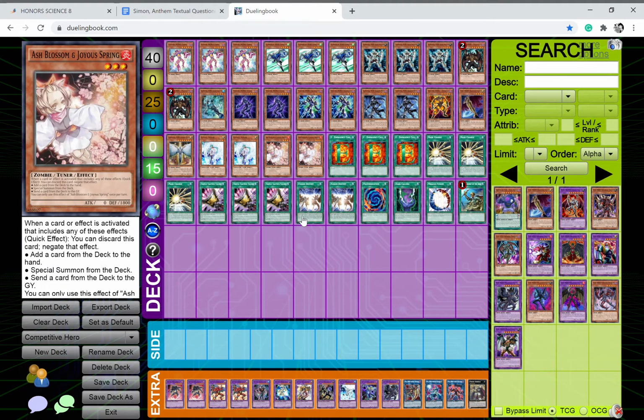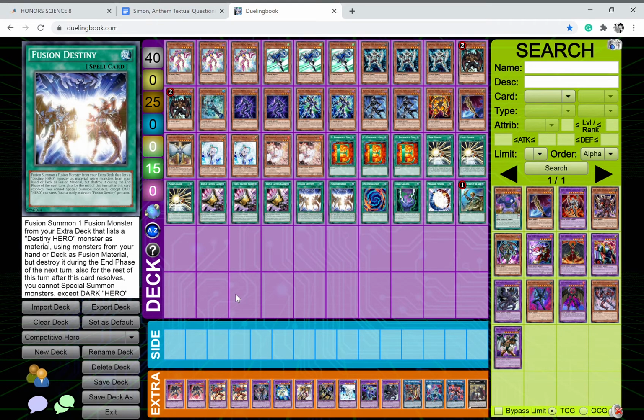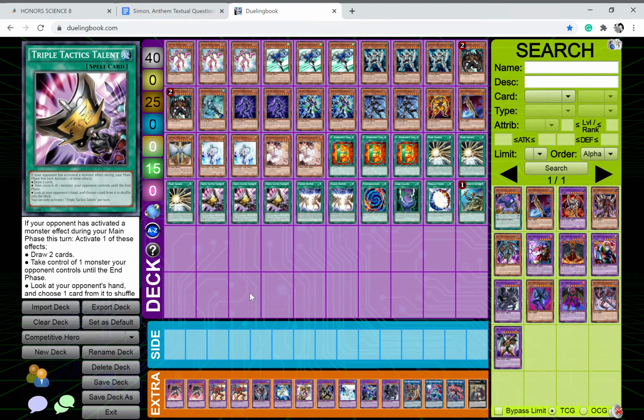Okay, that's it for the main deck. Pretty solid main deck. Great searchers, great draw spell. Not much of a risk in terms of bricking. Even though you might brick with drawing too many monsters, even then your monsters all search stuff, so it doesn't